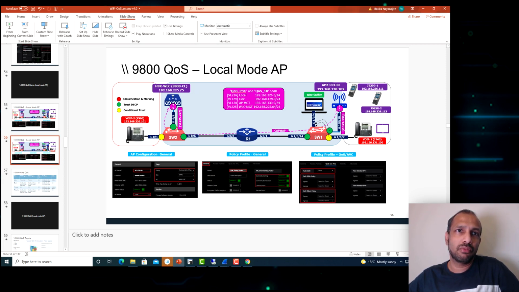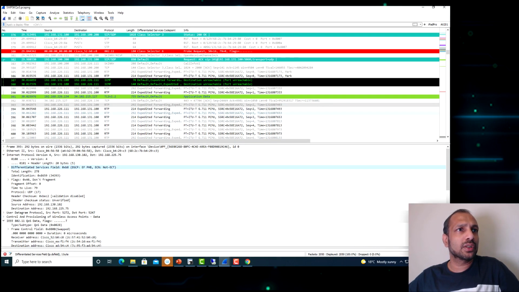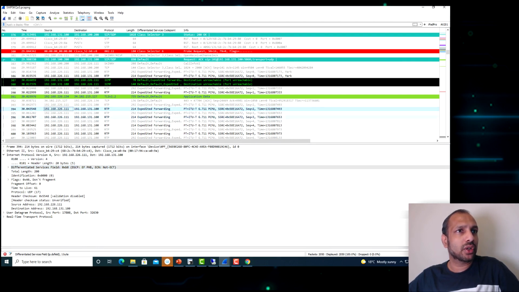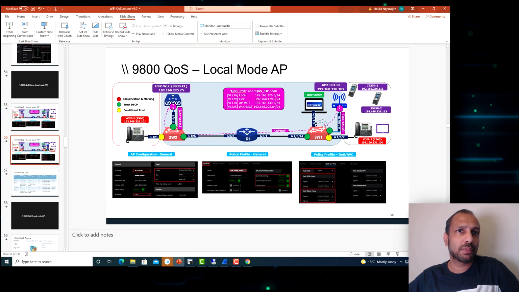Now this time we are trusting anything sent by the controller. So if it is sending EF traffic, I should see it in the switch capture. Let me go to the switch capture. This is the switch capture. In the switch capture, you will see two different frames, one with the CAPWAP and the other one without the CAPWAP. If you look at the one without the CAPWAP, even that payload is correctly marked as EF. Marking means it will preserve whatever marking comes to this particular port.